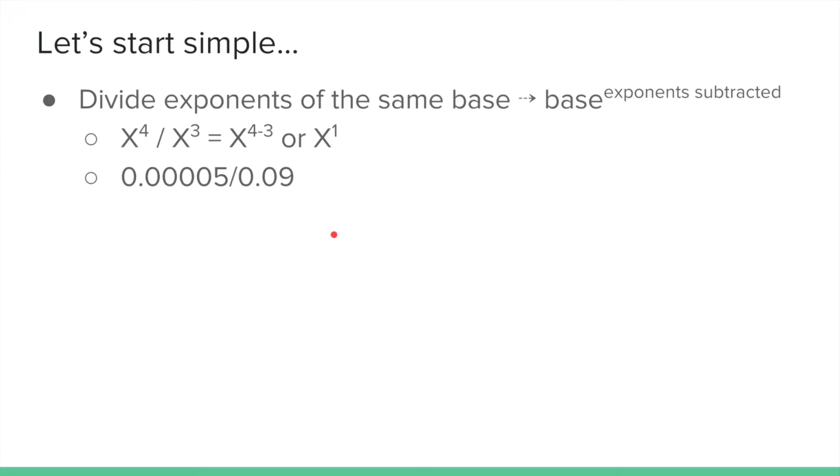So what we first want to do is cancel the zeros. As if we were in any algebra class, they would tell you that if you have zeros on top and zeros on bottom, you want to cancel those zeros. That leaves you with 3 zeros. Don't forget your decimal place is still here. 3 zeros, but then we still have 5 divided by 9. Now, 5 divided by 9,